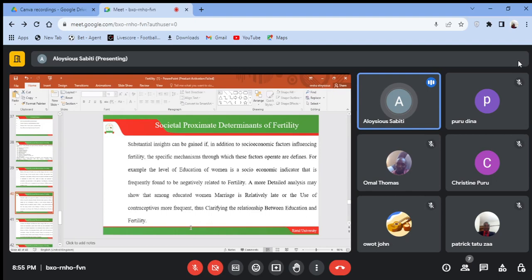While this is not necessarily the case for an indirect determinant, such as income level, which may affect fertility but may not directly affect it. Why? Because whereas we're looking at education level, there are underlying factors such as the use of contraceptives. So in this case, what if someone who is uneducated uses the contraceptive? They will also